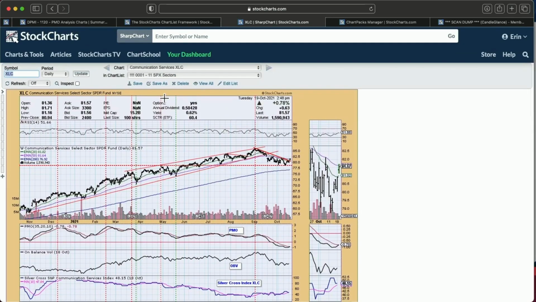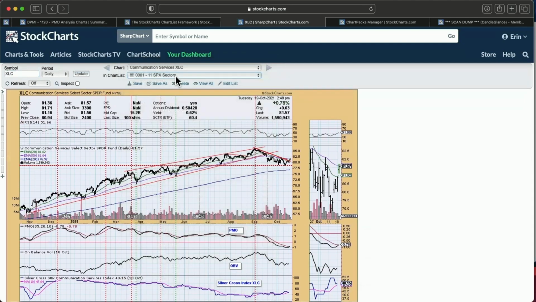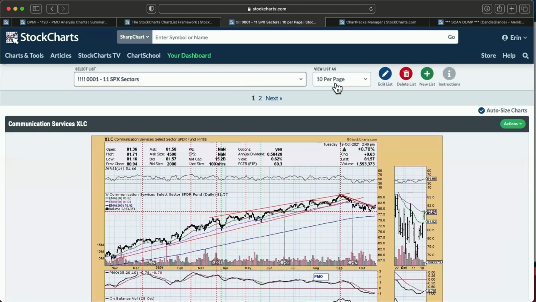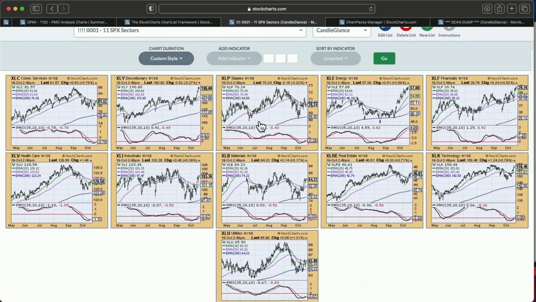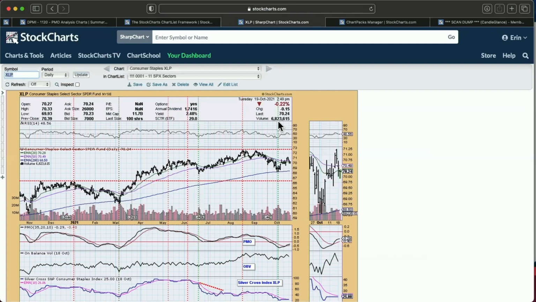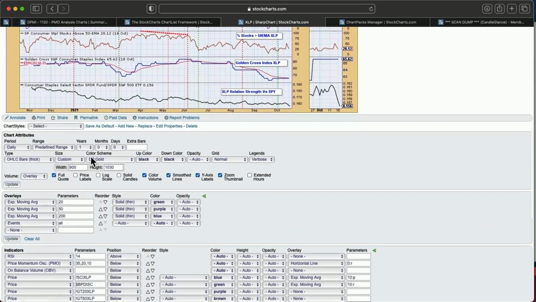And the nice thing about these chart lists when they're organized, for example, this one by sectors, is I can hit that view all button and I can look at them as 10 per page, etc. But I really, again, I love my candle glance. And you might notice that your candle glance style is a little bit different from mine. It's very easy to fix that. You can do your chart the way you want it, and then we'll just take an example here. So you've set it up all the way you want. And in fact, I'm going to show you mine,